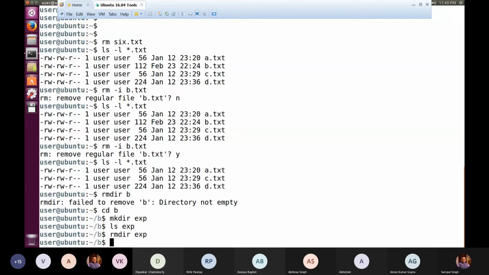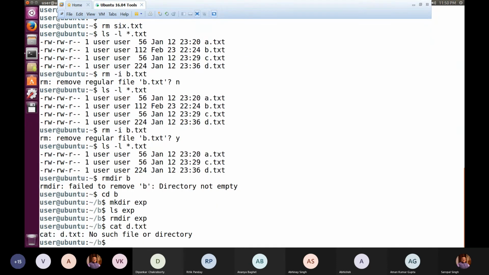Then there are some other commands like head. So if I look at the content of the files, let us see what is there inside.